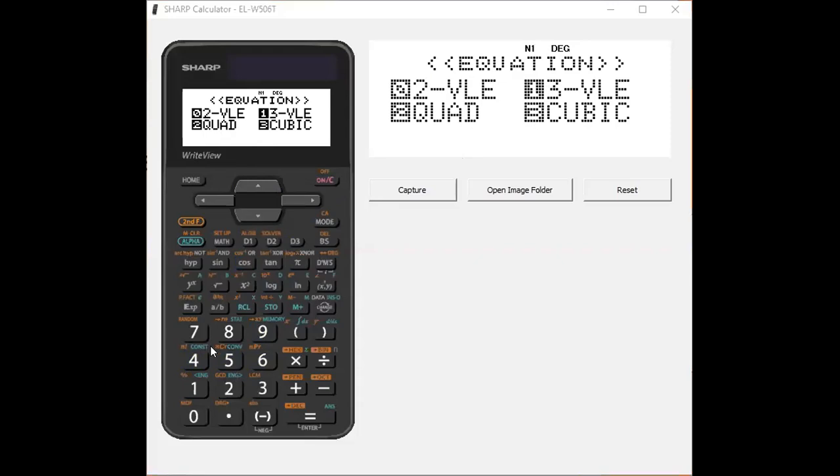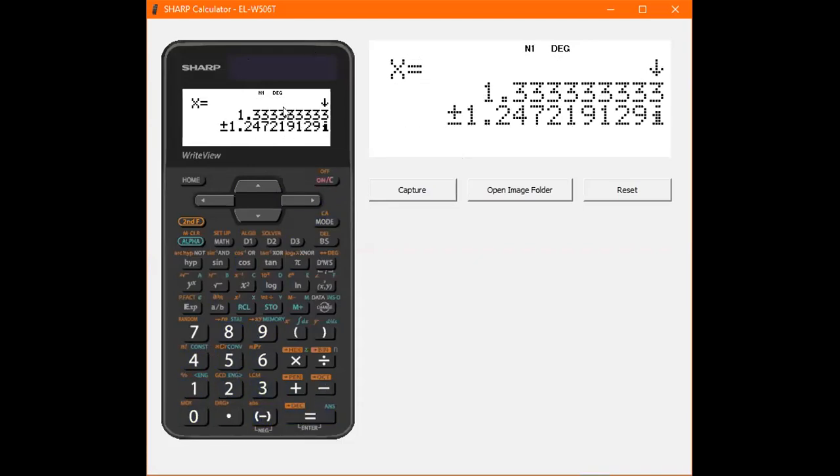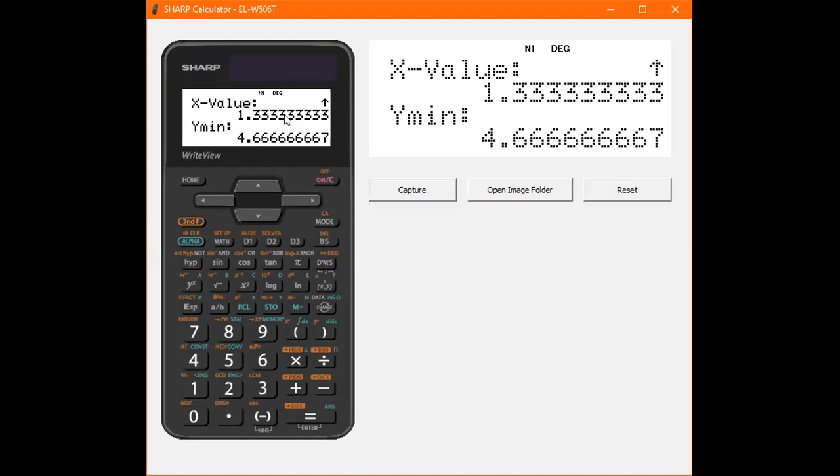So I just want to show you quickly the quadratic. The quadratic is really nice. So let's say we have 3, -8, and 10. I hope this works. Okay, so it doesn't have an x-intercept. So you can see it's actually given us the imaginary roots. And then, of course, you've got your minimum and max, your minimum value and your x value at that y